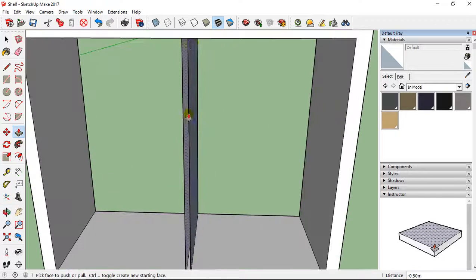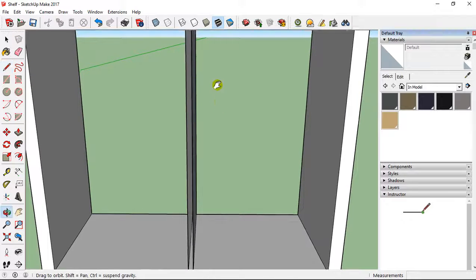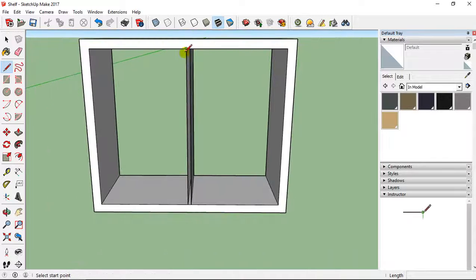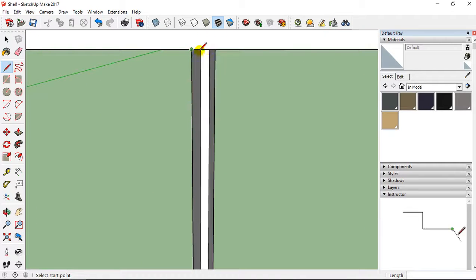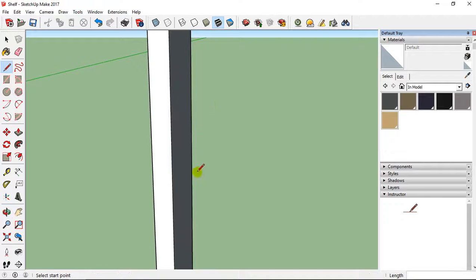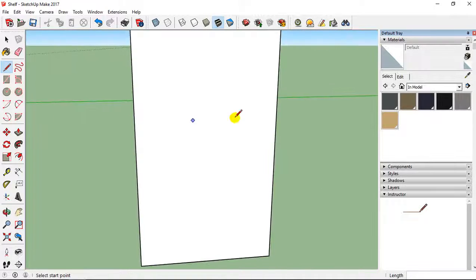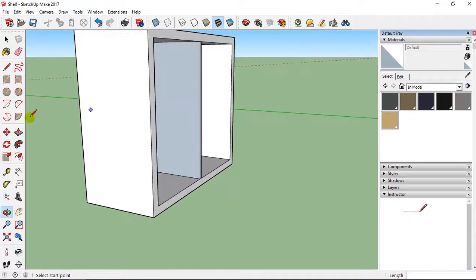But I just need to close the path here, so to close the path, I can just take the line tool and I just need to take this point to this point, like that. So it's okay for that.